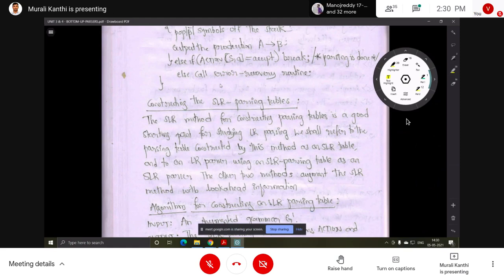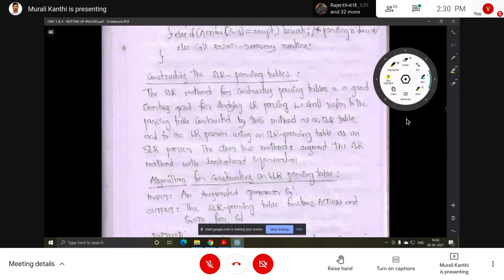The remaining ones have the same table, but with the look ahead symbol. In SLR, the look ahead symbol is not seen, and the table can be constructed without look ahead. In CLR and LALR, the table is constructed with look ahead. That is the difference between SLR, CLR, and LALR.